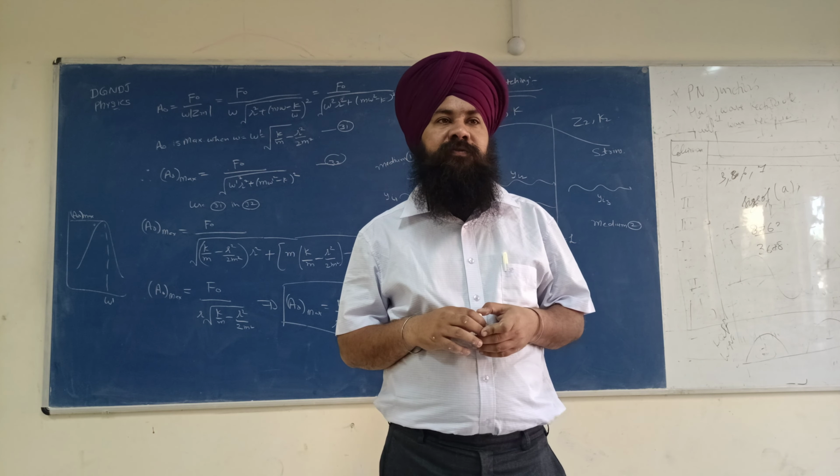This is the maximum amplitude, F naught upon omega naught prime R. Did you understand this? It is simple mathematics. We took omega inside, so it became omega equal to omega prime, and this is the value of omega prime. So I am using the value of omega prime in this expression. Calculate it, solve it, simple mathematics. We are getting this expression, F naught by omega naught R. This is also very important.